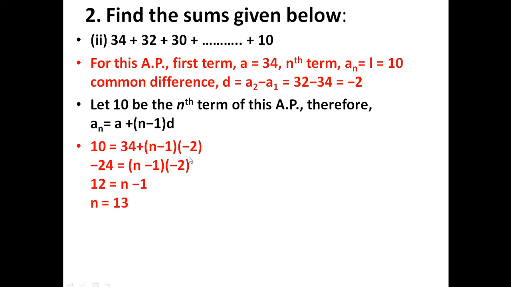d is minus 2. So then this 34, from this side of the equal to the other side, if you take it, it will go in minus. So we are getting minus 24 here. Minus 24 equals n minus 1 into minus 2. Sorry, you have to take the minus 2 to the other side of the equal to, so it will go in division. So minus 24 divided by minus 2 equals 12 we will get. So minus minus will cancel, that's why you are getting 12. 12 equals n minus 1. So 13 is the n value.